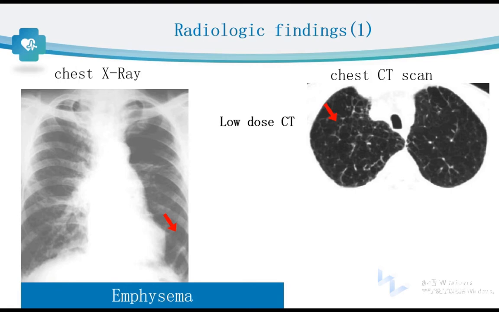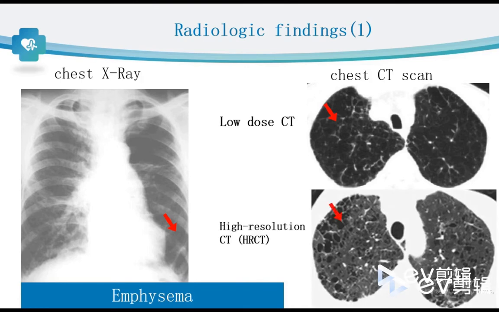But sometimes there will be a missed diagnosis because we can find the same image in some normal people because of the inappropriate exposure. In this time, we need another type of CT scan, that is HRCT, high resolution